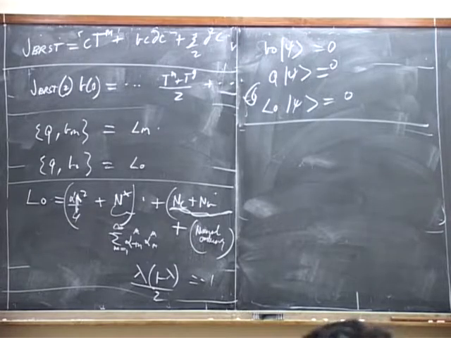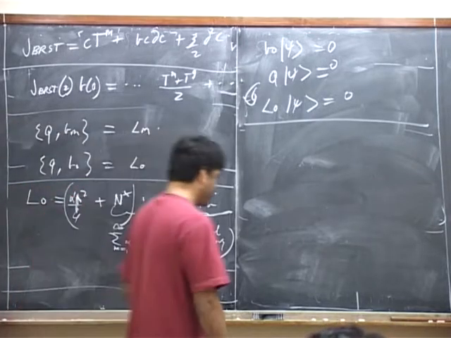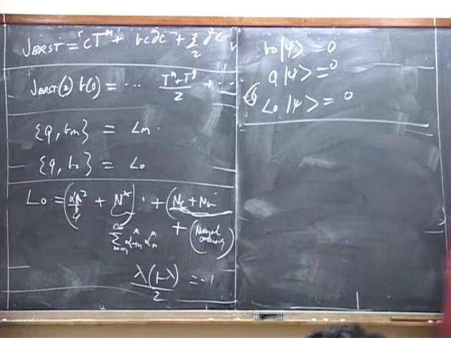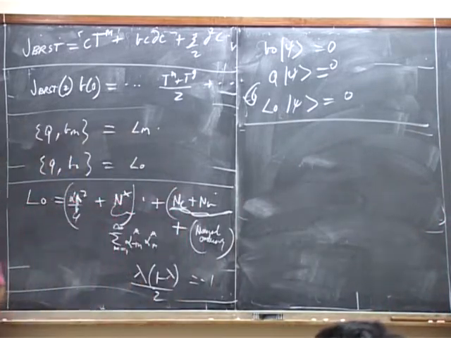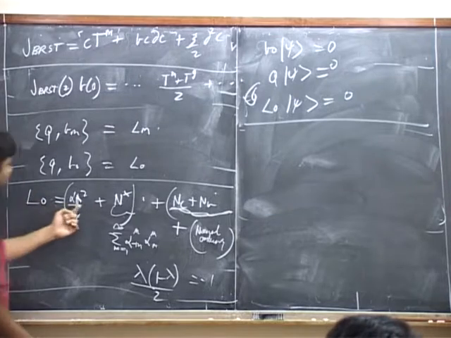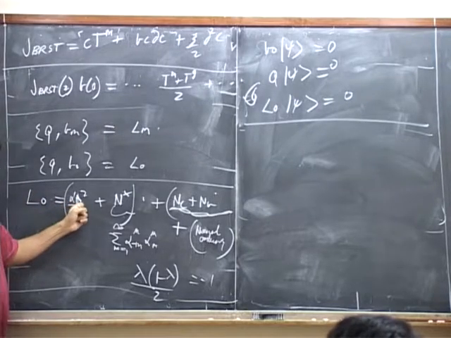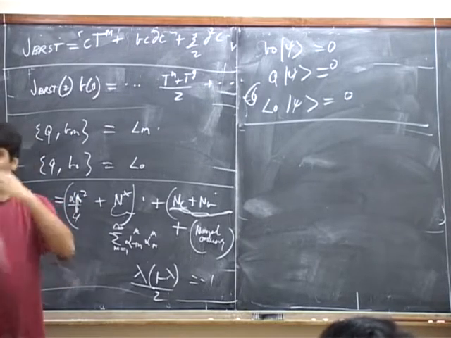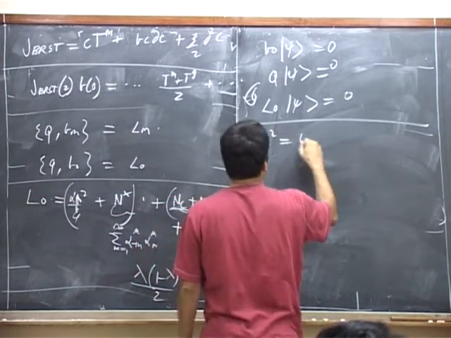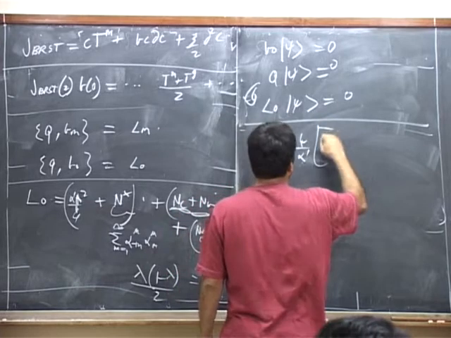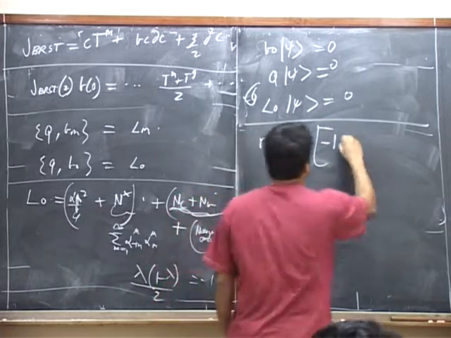Now in this lecture, what we are going to try to do, so this condition, L0 on psi is equal to 0, is the mass shell condition of string theory. Because this tells you that the mass squared is equal to 4 divided by alpha prime, times minus 1 plus oscillator number.